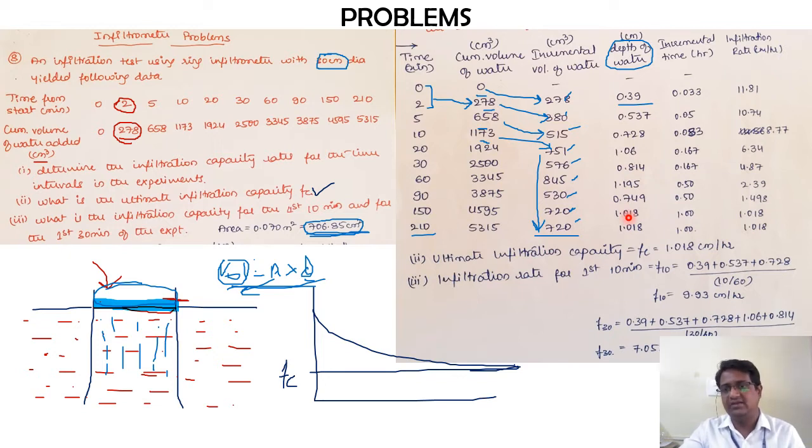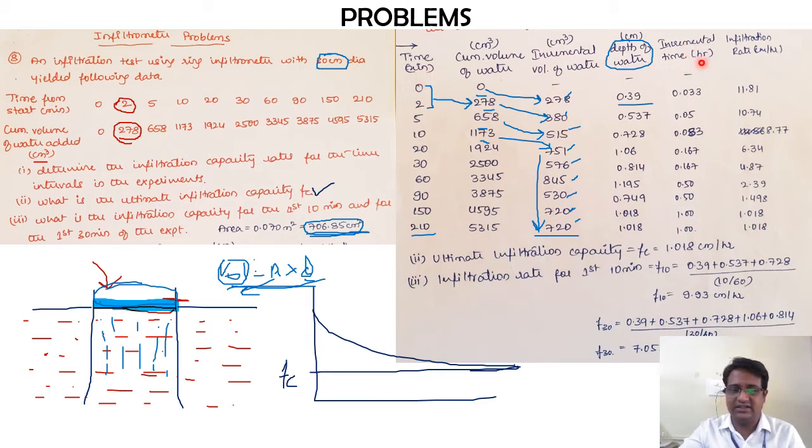of time. Okay, now the next thing is, since already we got the value in terms of depth, and since even the time interval has been given in terms of what I can say cumulative value, we want to convert that into incremental value. Okay, so incremental time. Now you can check out here, the time they have given it in terms of minutes, but here we want it in hour.